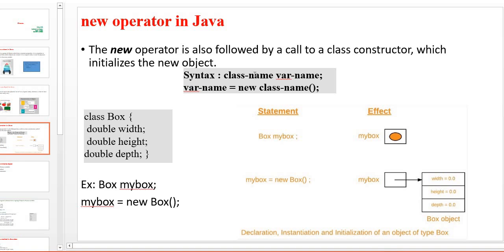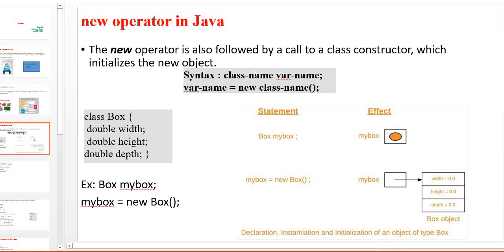How does it work in memory? When the statement Box myBox is executed, a reference for myBox will be created, but at this stage memory will not be allocated. When the second statement myBox equals new Box is executed, memory will be allocated for each and every variable.